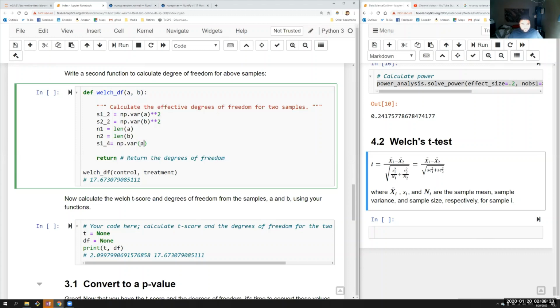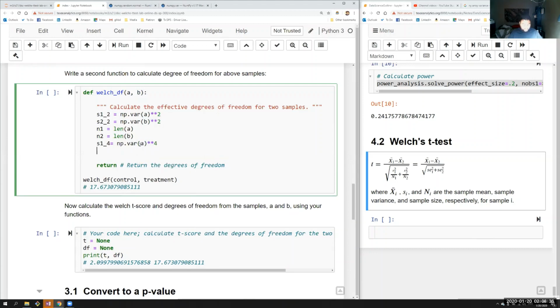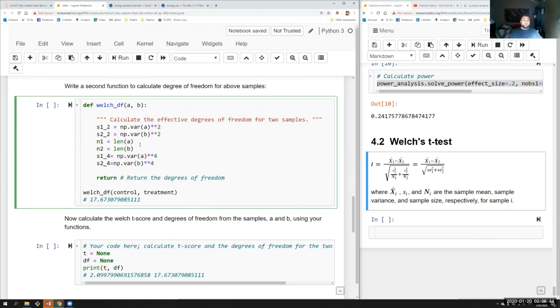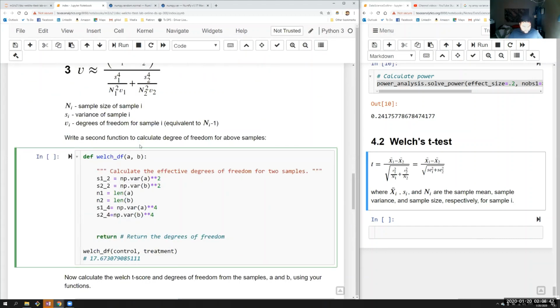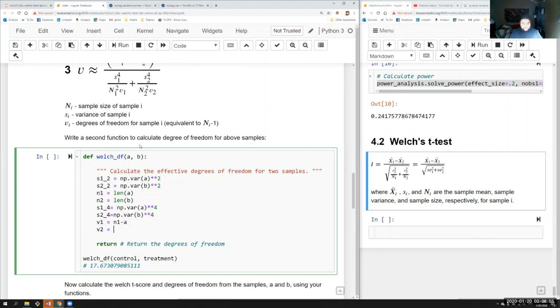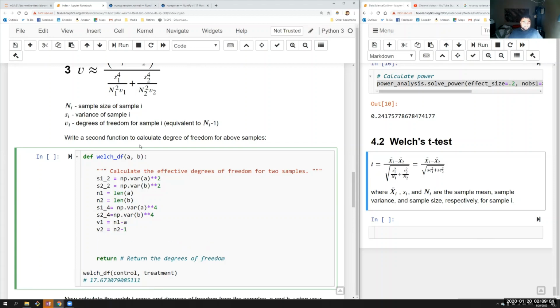np.var(a) raised to the power 4, S2 to the 4 is equal to np.var(b) to the power 4. v1 is going to be equal to n1 minus 1. v2 is equal to n2 minus 1. It takes care of that. And now let's just do our formula. So I'm going to split it up even further. The numerator is going to be,